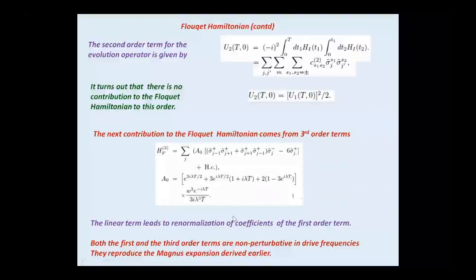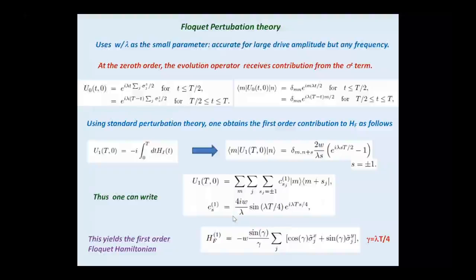But Krishnendu, that is not sine gamma, it's like sine gamma by gamma. That's right. So gamma equal to 0 is going to remain finite, but for all gamma equal to n pi, where n is not equal to 0, it's going to vanish. Yes, it's like the J0 term. That's right. Because gamma equal to 0 is the real high frequency limit, and there you recover the PXP result: cos gamma goes to 1, sine gamma by gamma goes to 1, and sine gamma goes to 0. So it's just the PXP.